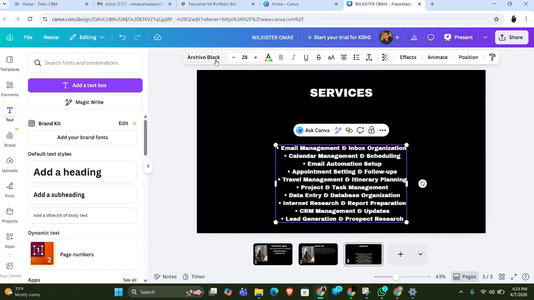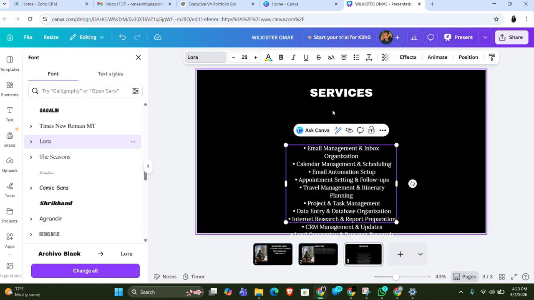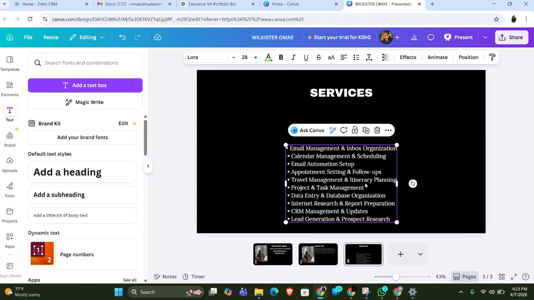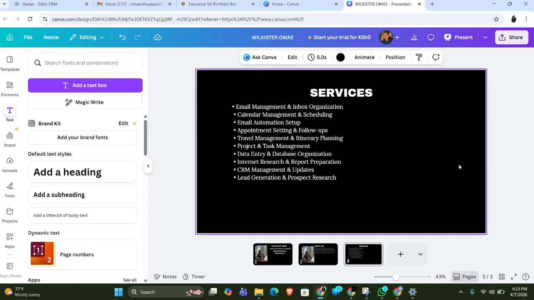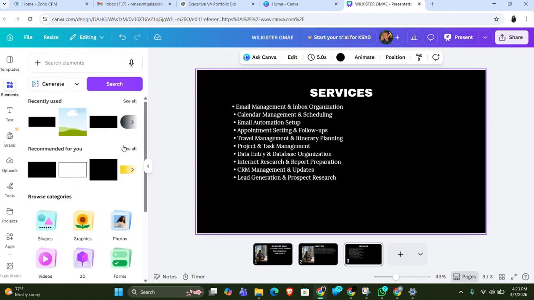The same size, it was 28, and we'll use Laura, it was the one that we used, and make sure this is aligned. Okay, so I'm gonna put it here. So in this slide, you can choose to be creative. Here in the elements, you can choose to be creative and make your portfolio look a bit